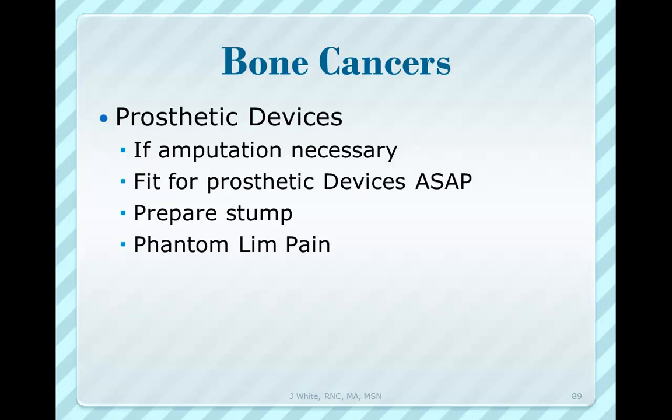Obviously, you've got to prepare the stump, and that involves shaping the stump and getting it into the right mode. For the prosthetic device, they often will put a temporary prosthetic device on before they go with the real one. And phantom limb, that's L-I-M-B pain, is a common reality. This comes from the surgery. The nerves have been disturbed. Many times the nerves that might have been in the lower part of that